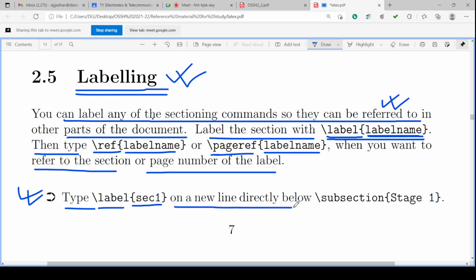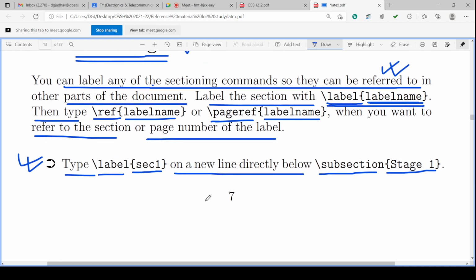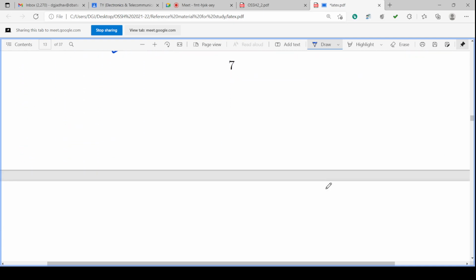On the new line directly below, we'll have \subsection{stage 1}. So we have defined the label of sec1, and on a new line we have subsection stage 1.